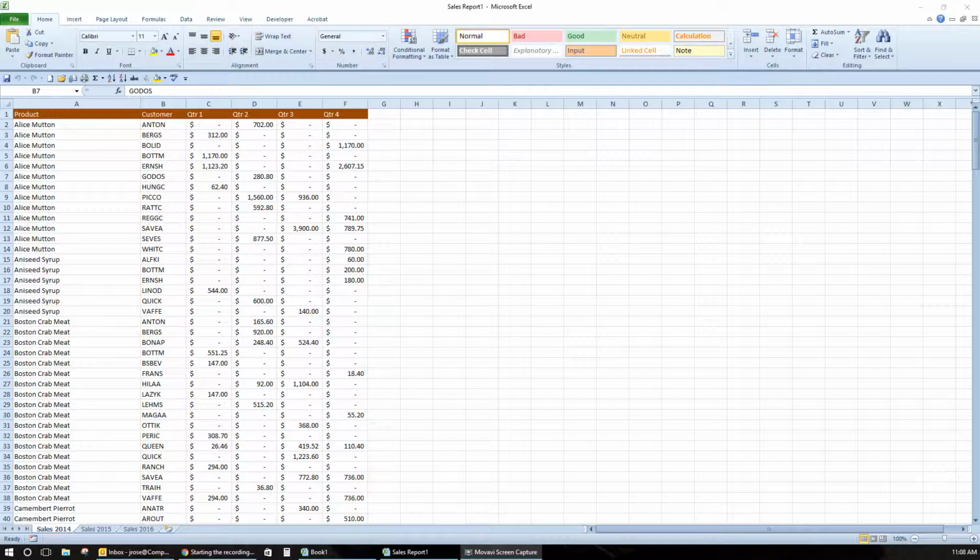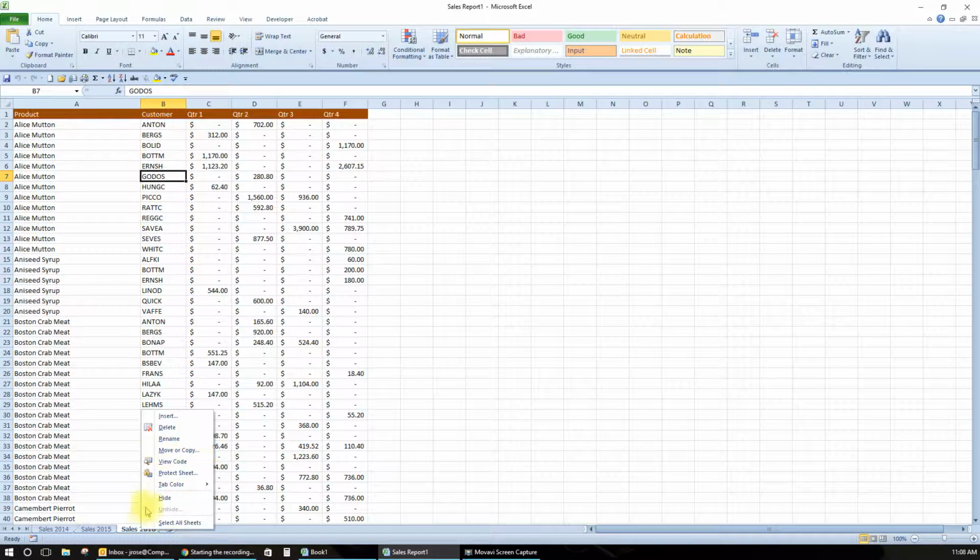All right, so to begin, if you look right over here on the bottom, I have 3 sheets. So I have sales 2014, 15, and 16. And let's say it's now 2017, we want to begin this, and I want to easily create a copy of one of these sheets. So instead of just doing a copy and paste over to a new sheet or right-clicking and doing move or copy, what we can do is simply click on the sheet that I want to make a copy of, hold the Control key, drag the sheet that I want to make a copy of, just drag